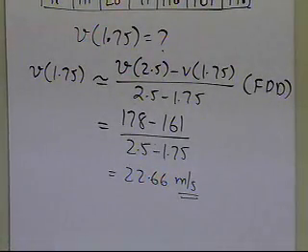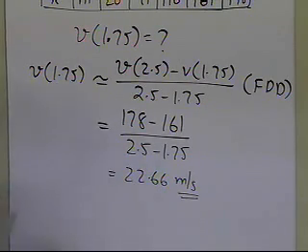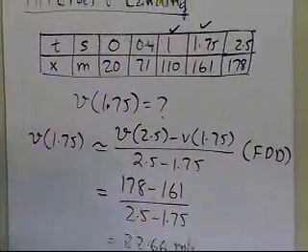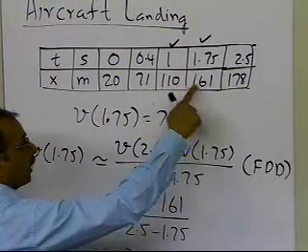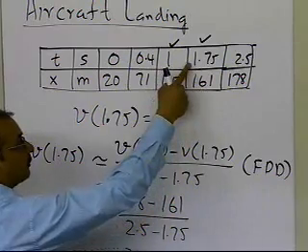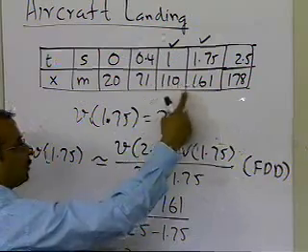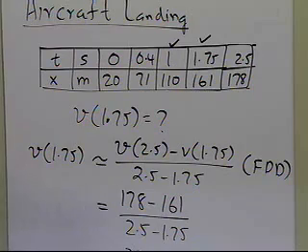So that's how we are able to use the forward divided difference scheme to find out what the value of velocity is at 1.75. Now somebody might say, hey, well, can you use some other method to do so? Yes, what I can do is I can use the backward divided difference scheme, that is by choosing this point and this point right there. So I can choose these 2 points to calculate the backward divided difference scheme, because I want to calculate the velocity at 1.75. I know the velocity at 1, which is 110. So if I use the point which is behind it, I'll be able to calculate by using backward divided difference scheme. So let me go ahead and do that now.